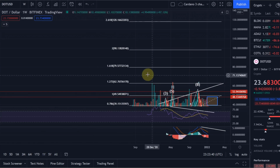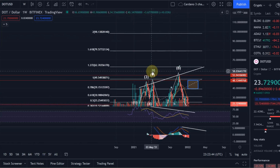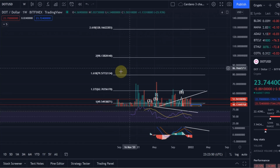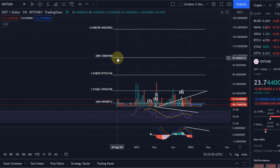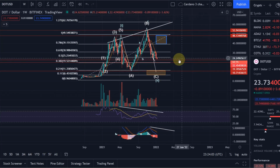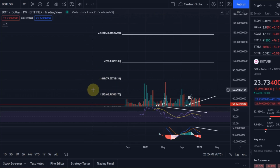My price targets for the next move up, and that would be for that next wave. This would be here wave 1. Yeah, we're currently coming down here in a wave 2. Next move up would be a wave 3. That wave 3 would land at least at 1.618 extension at roughly $80, but we could even go up to, I think, $100 or $130 in a simple extended wave 3, for example. Depends on how this move up is going to look, but you certainly at least expect a 1.618 extension